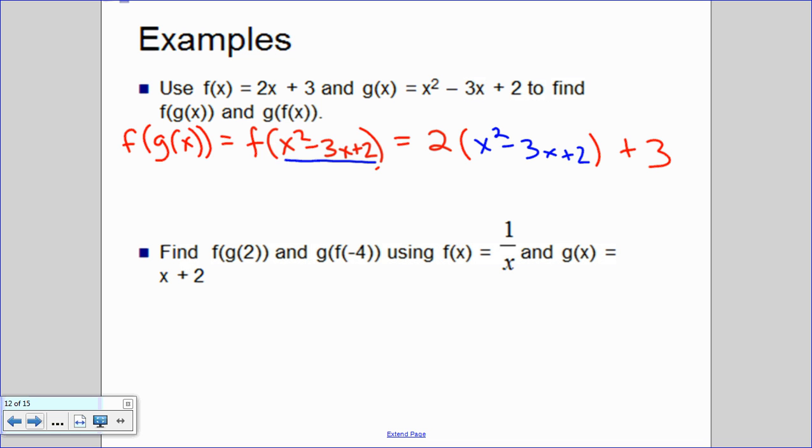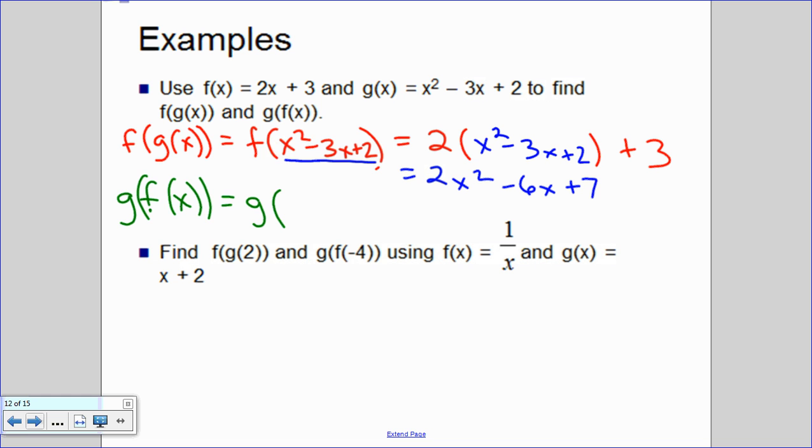Let's simplify that a little bit. I can get 2x squared minus 6x plus 4 plus 3, which is 2x squared minus 6x plus 7, and compare that to g of x. Let's do g of x below, or g of f of x. g of f of x